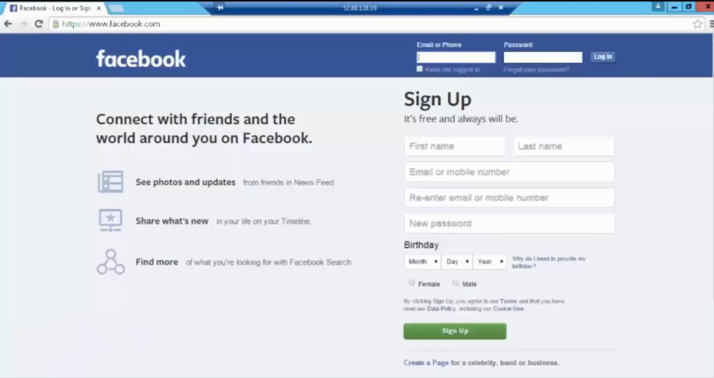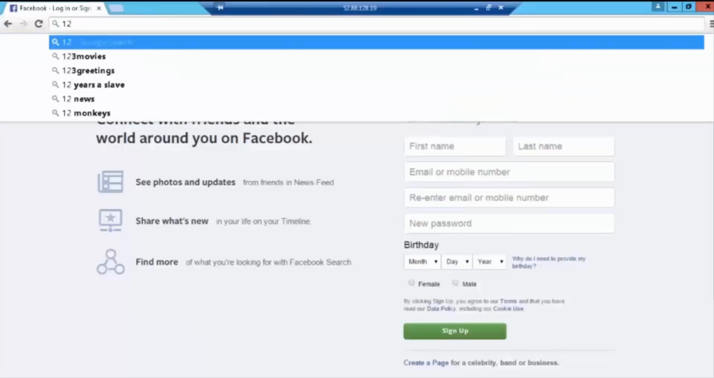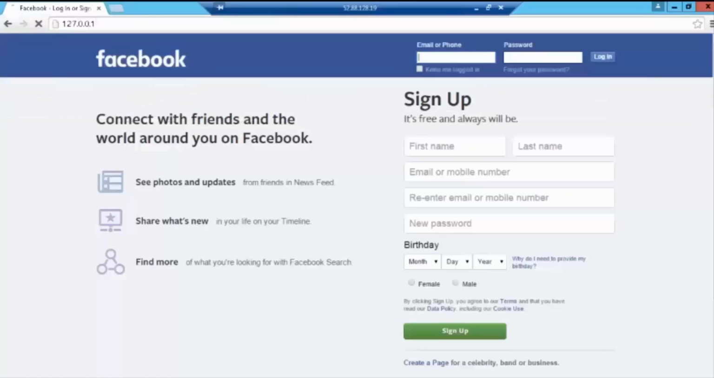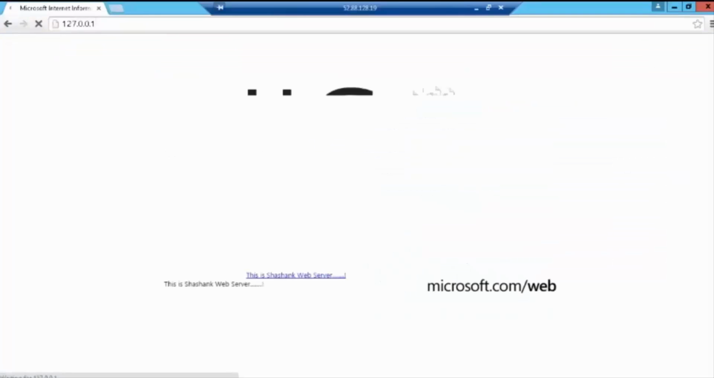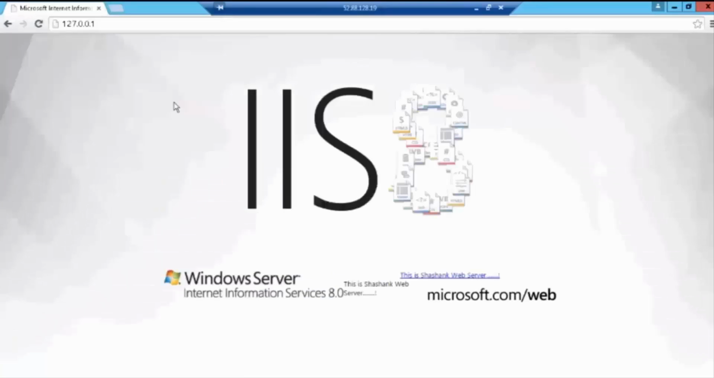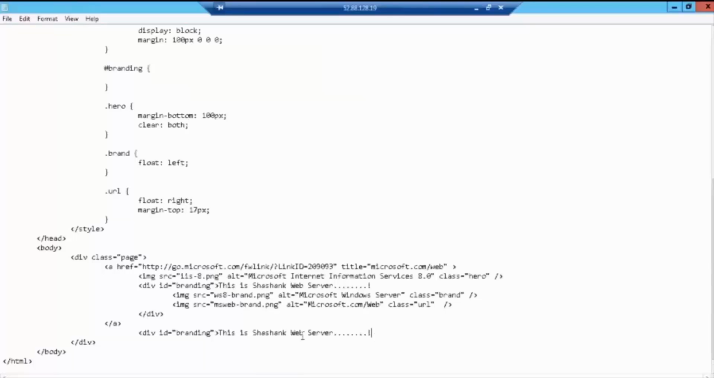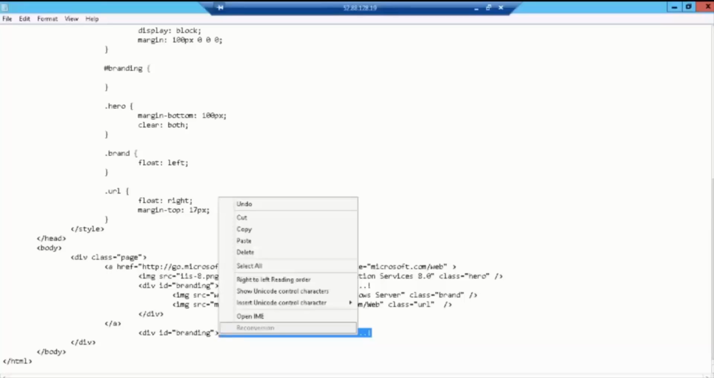and going to my browser and typing 127.0.0.1. Now you can see that this is your IIS page, and here what we had created, this is Sashank web server, this is Sashank web server. So if I change this line to somewhere else, copying this